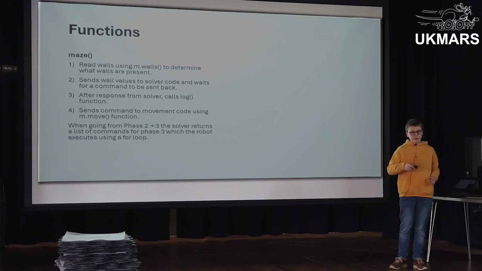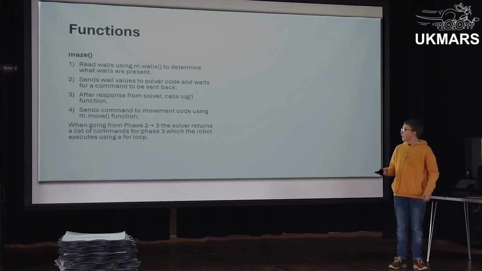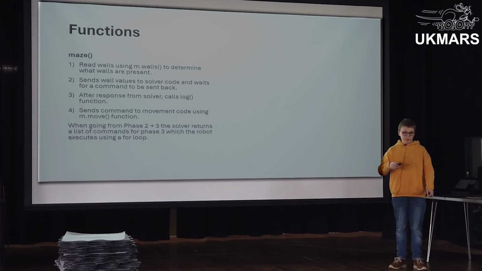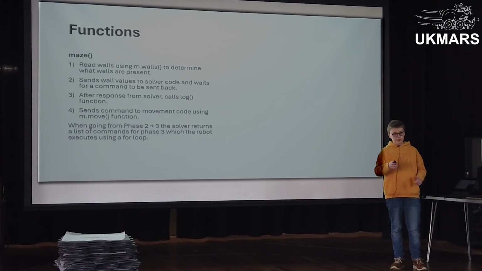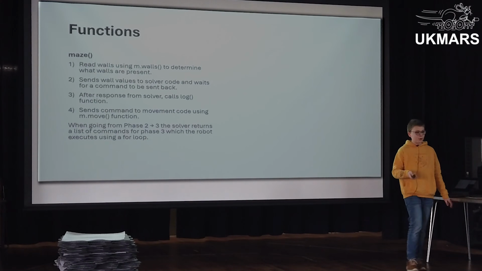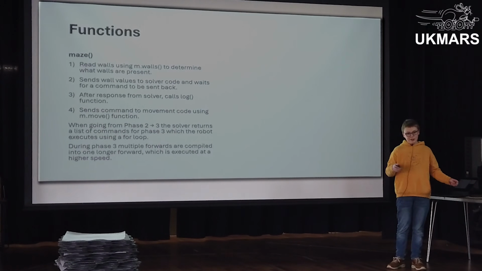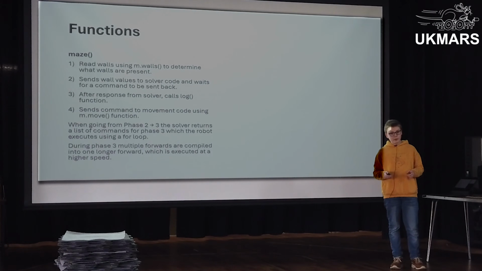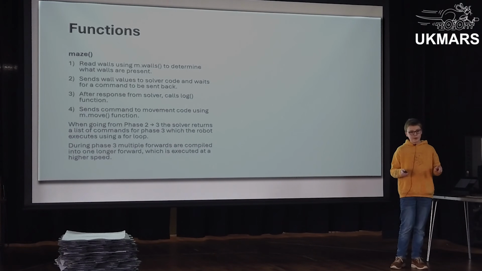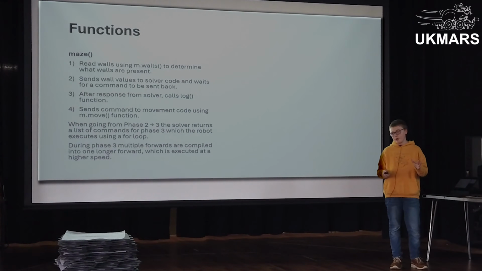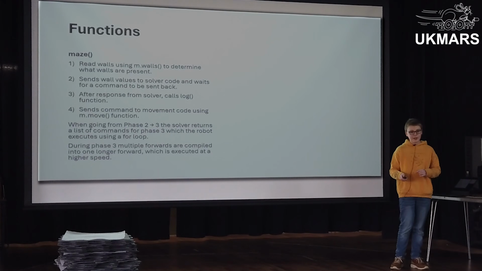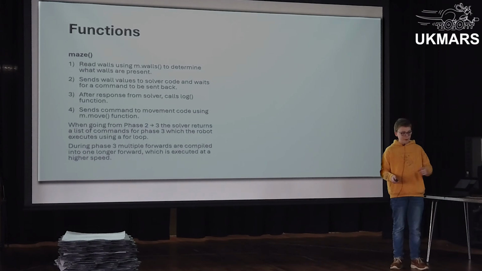Because we have different phases of solving, which will be explained later, when going from phase 2 to phase 3 we have a list of commands to get to the centre of the maze, so we don't have to keep consulting the solver for commands. During that list we could have multiple forwards which are combined into one long forward, so the plus, which represents a forward, is followed by a number. That can be executed with one forward